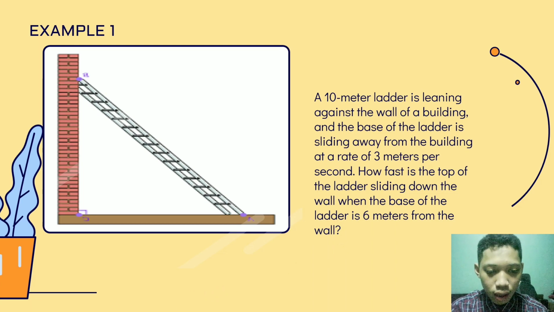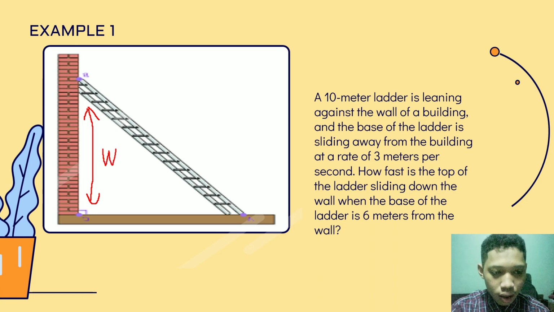So the first thing we do is label the wall as W. So this is wall, and label the floor we will label as F. So from the sentence, 10-meter ladder which is from here to here is 10 meters,